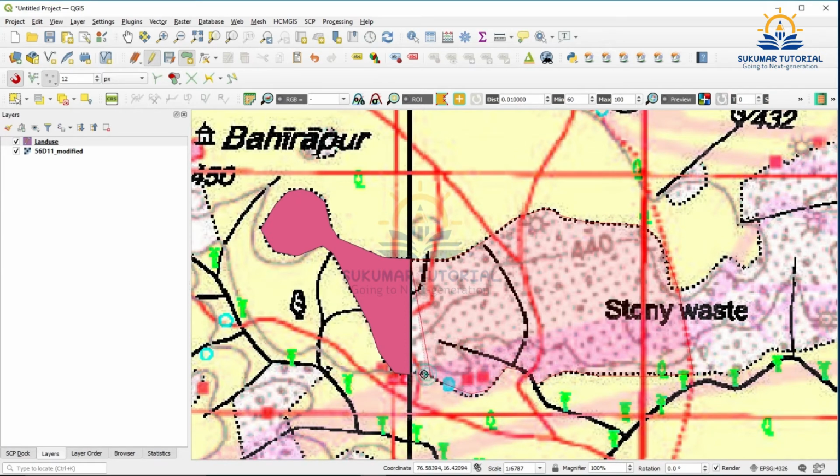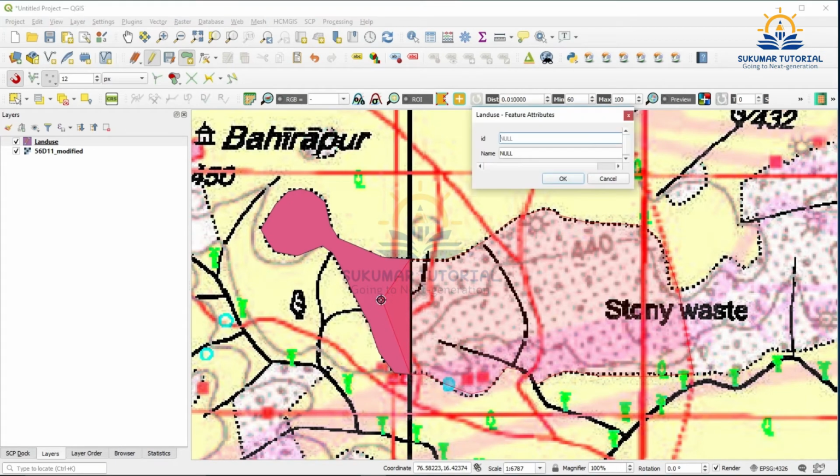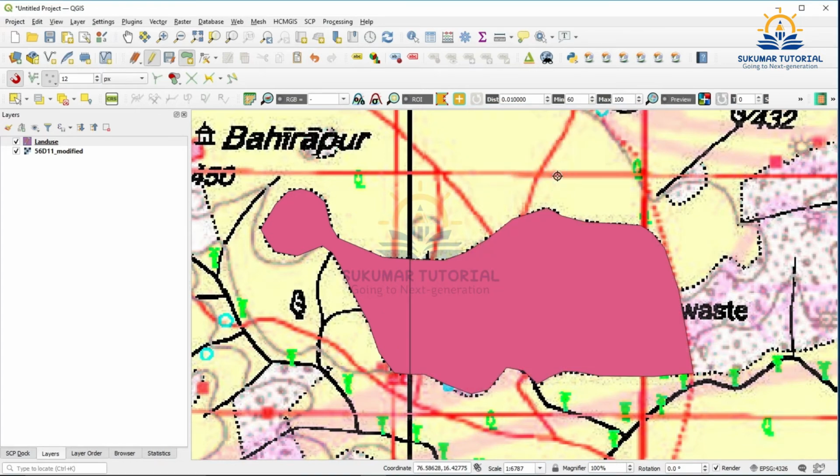So when I come here, this mapping, then I give one click here left and then right. So I am giving ID number 2, giving stony waste. I am typing, say OK. See, it is not overlapping. Even though I gave one node here, it is following the previous boundary, common boundary.